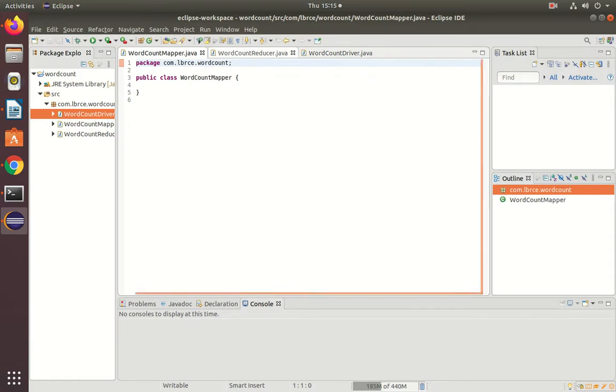See, we created 3 classes. The mapper class contains all the mapper functionalities. The reducer class contains all the reducer functionalities. The driver class is the main class.